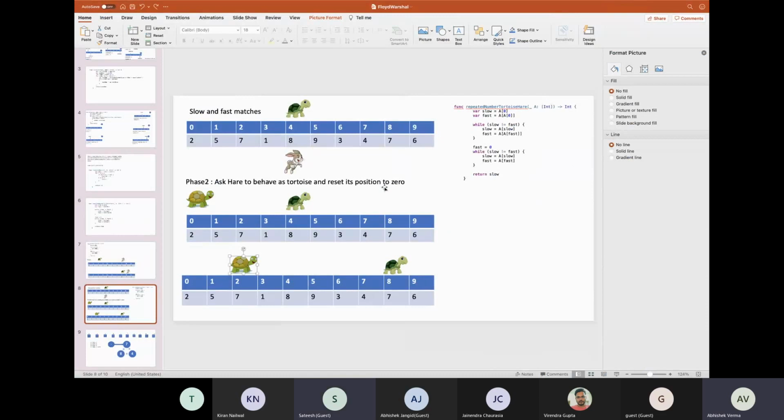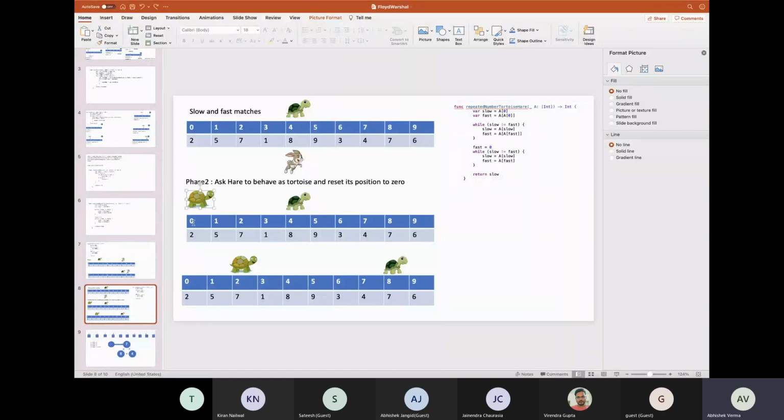Okay, so fast is at 0. Fast has now moved to 0, and since these two are not equal, my slow is at 4 and my fast is at 0. I will check whether my slow and fast are equal or not.